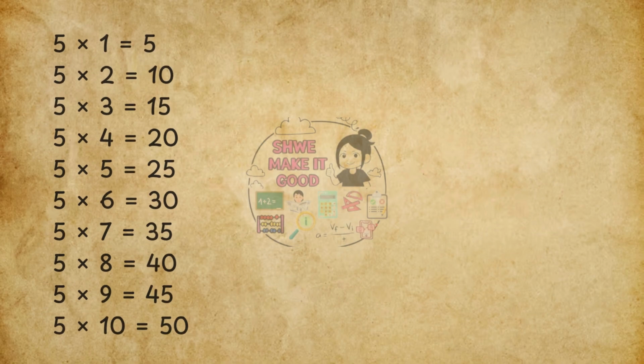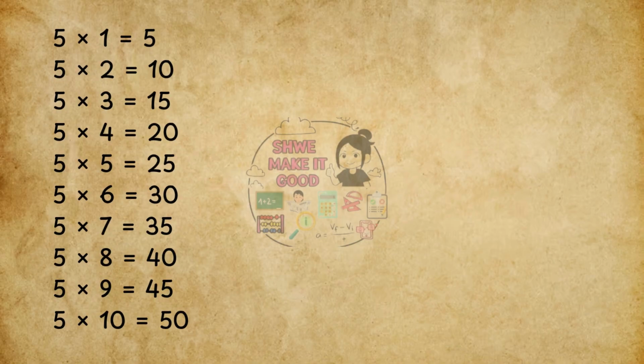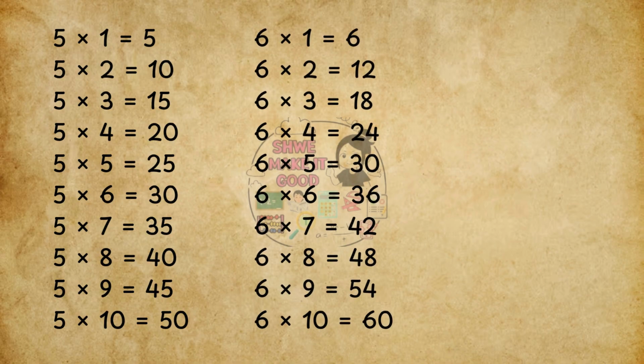are 40, 5 ones are 5, 5 twos are 10, 5 threes are 15, 5 fours are 20, 5 fives are 25, 5 sixes are 30, 5 sevens are 35, 5 eights are 40, 5 nines are 45, 5 tens are 50. 6 ones are 6, 6 twos are 12, 6 threes are 18, 6 fours are 24, 6 fives